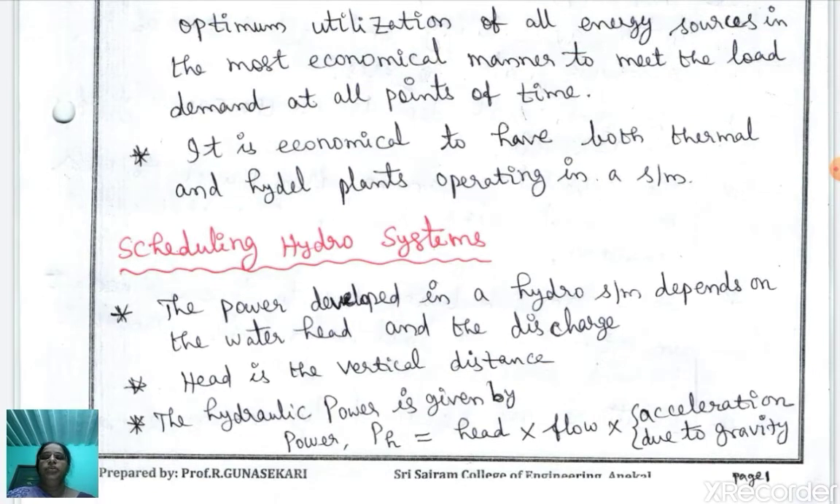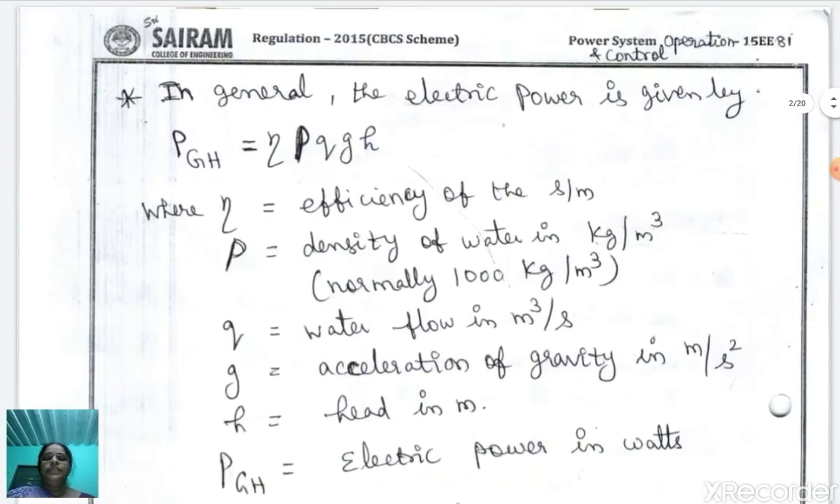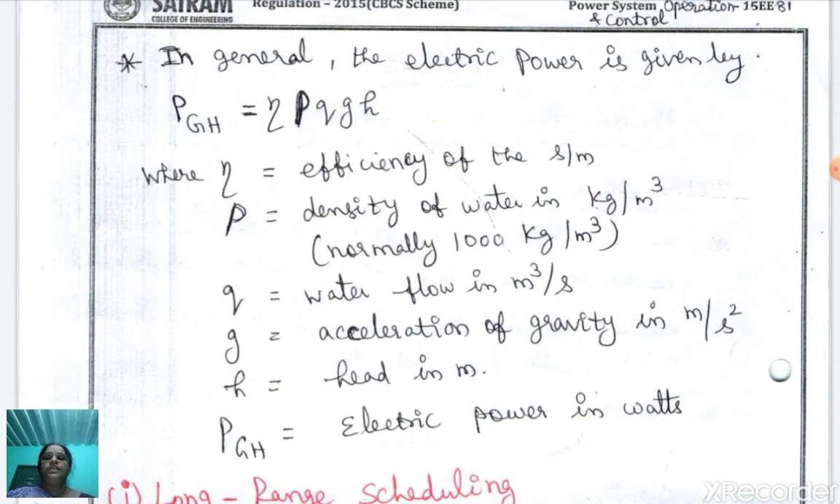Next, scheduling hydro systems. The power developed in a hydro system depends on the water head and the discharge. Head is the vertical distance. The hydraulic power is given by P_H, where P stands for power and H for hydraulic. Therefore, the hydraulic power is given by head times flow times acceleration due to gravity. In general, the electric power is given by